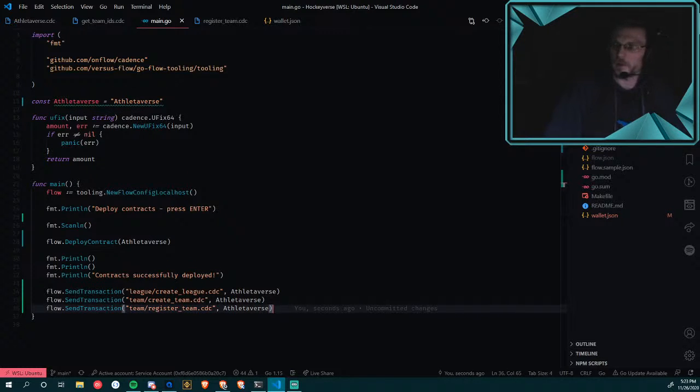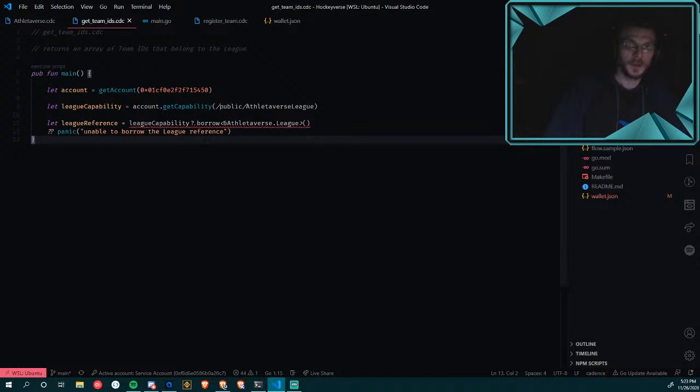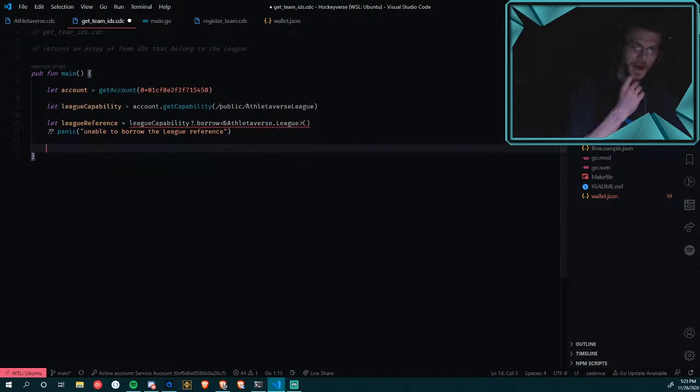Oh yeah, and our script should probably do something like log it out to the console, so the emulator console.